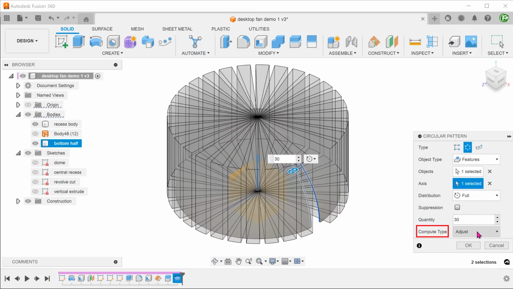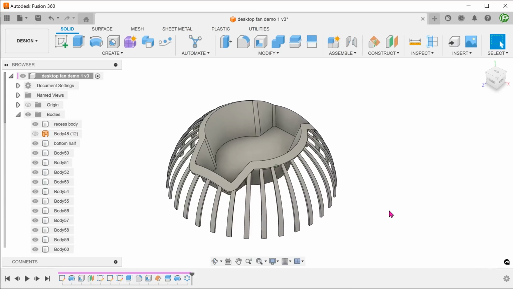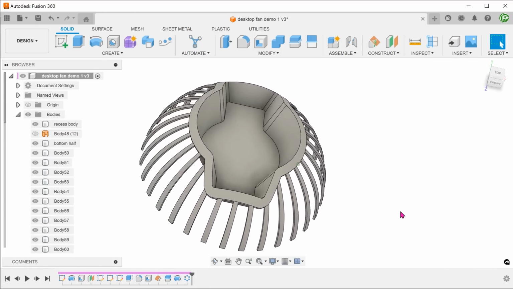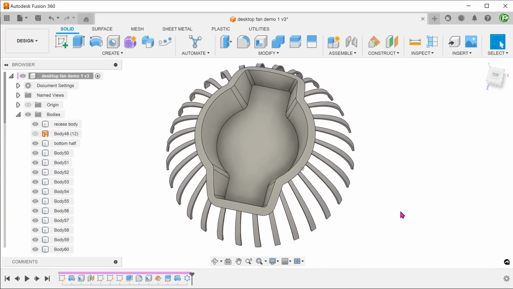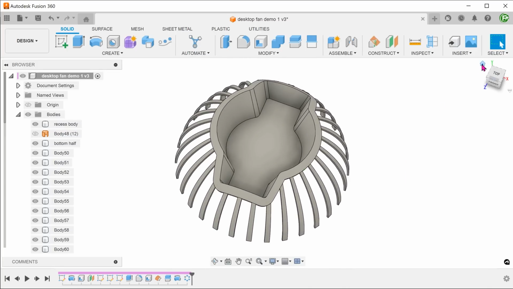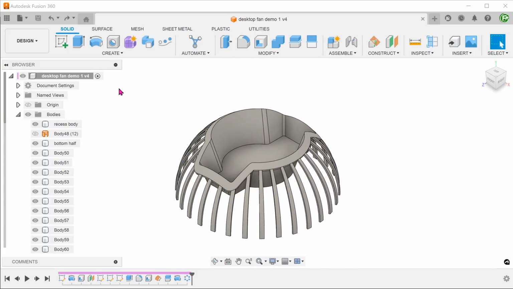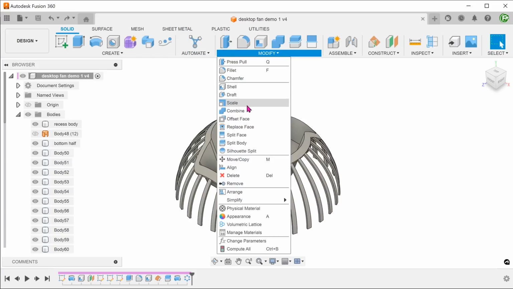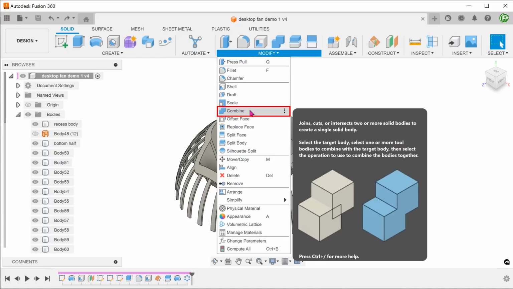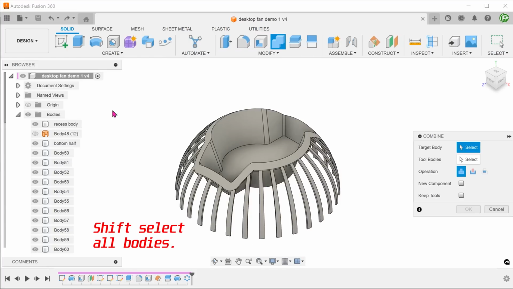Set compute type to adjust so that each individual slot will follow the condition in the seed cut and only cut the bottom half of the body. Go to Modify, Combine, and combine all bodies.